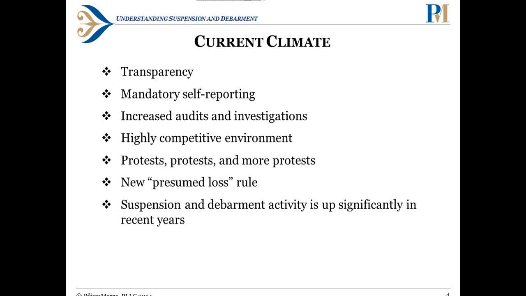So I'll spend a few minutes talking about that rule here in a moment. And all of this is leading to the bottom line, which is the last bullet here, that suspension and debarment activity is up significantly